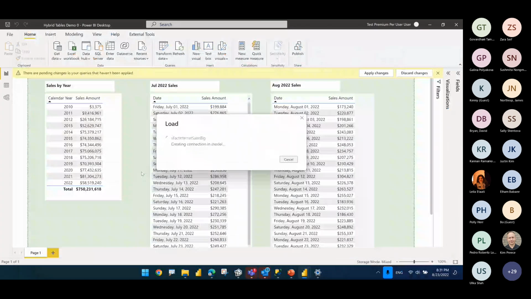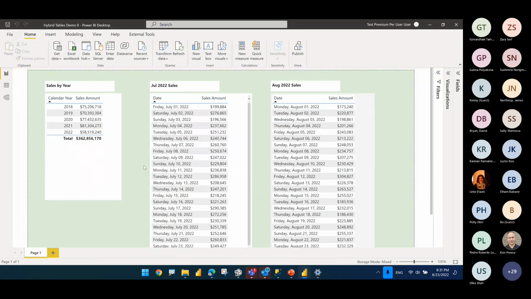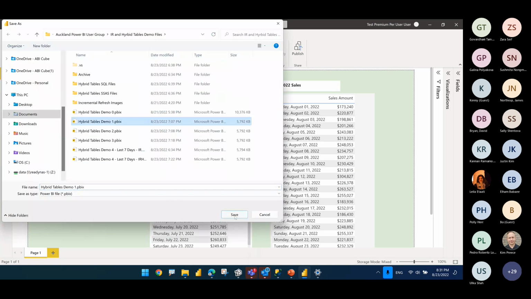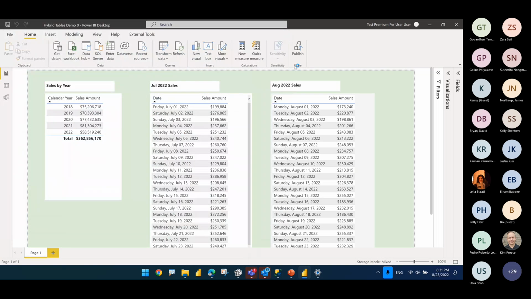All right. So far we have just implemented parameters. And this by itself is a good practice if you're working with your modeling. You don't need to work with all of the data to create your model. Now that I have this, let me quickly save this as demo 1.